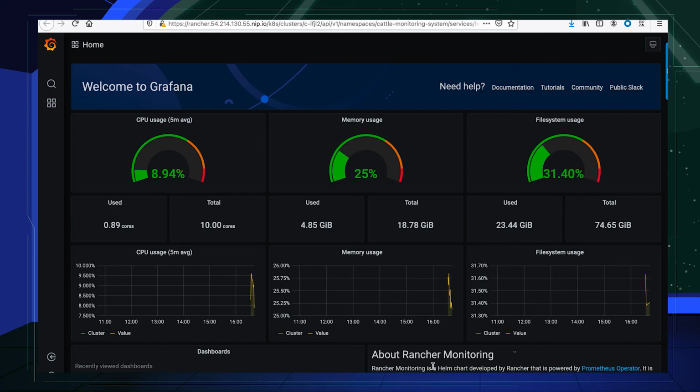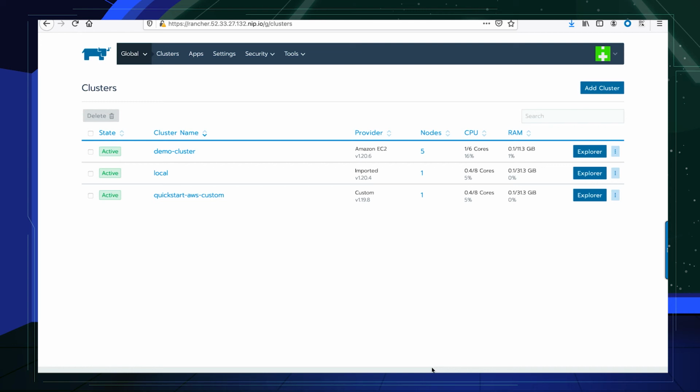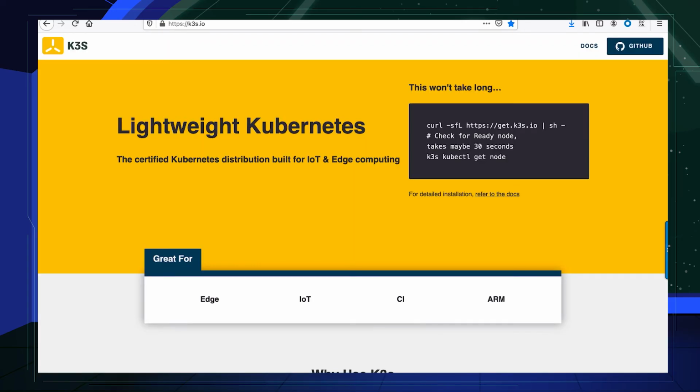So the next step is to look at K3s and the creation of a K3s cluster, and then using Rancher to import that cluster and bring it under management. So let's go ahead and create a K3s cluster and then import it into Rancher. First of all, for those not familiar with K3s, K3s is a lightweight certified Kubernetes distribution, which is ideal